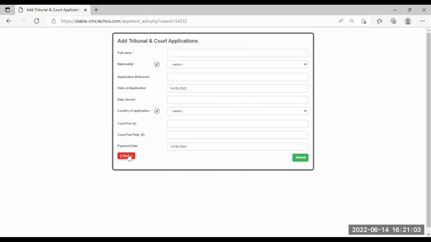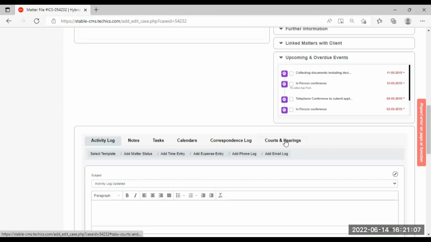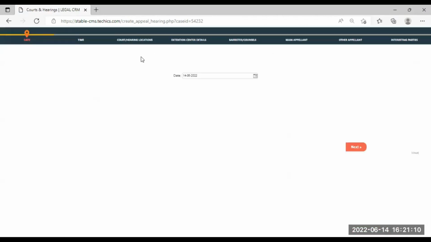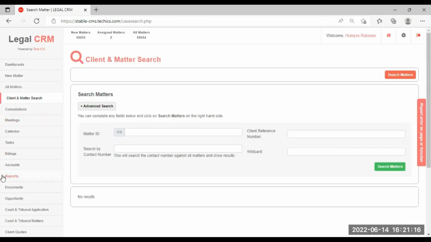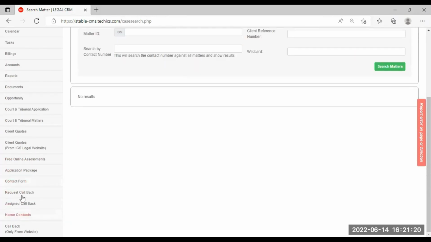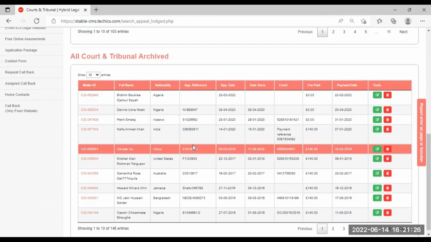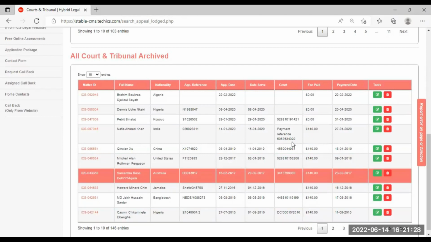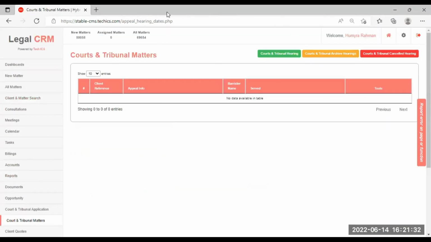The client will get an automatic notification and it will be on your system as well. And then once they get a hearing, you can create the hearing and add in the details. So that way you can keep tabs on the client as well. So if you close that and then you go on to the all matters part, you go on to court and application, you can see what people you've lodged and you're waiting for a hearing. These are the archived ones because they've got a hearing now. And then if you go to court and tribunal matters, to show you if there's any,